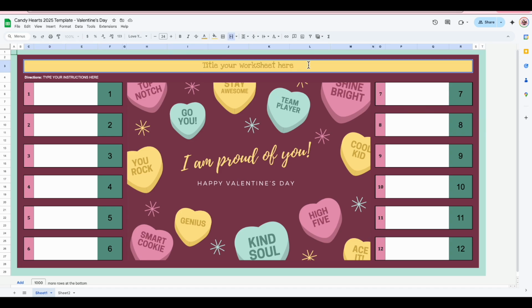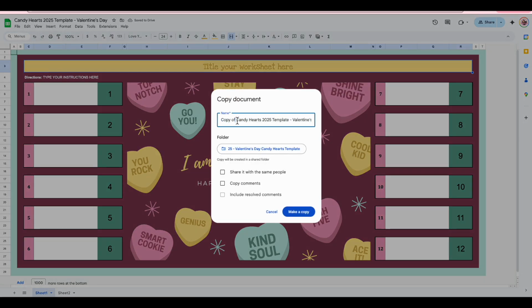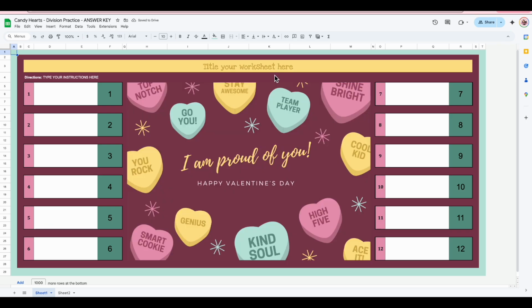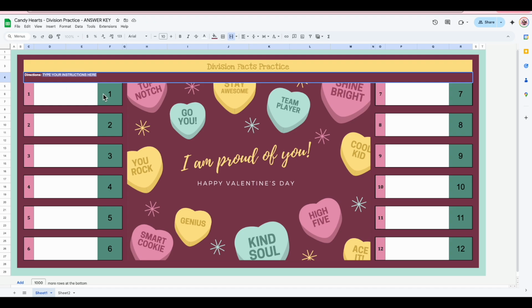Okay, so let's, oh, nope, wait, before I do that, always file, make a copy, and this is going to be candy hearts and division practice, and this will end up being the answer key. So once again, make a copy, and I will share this completed one also. This is going to be division facts practice, and the instructions are going to be calculate or evaluate